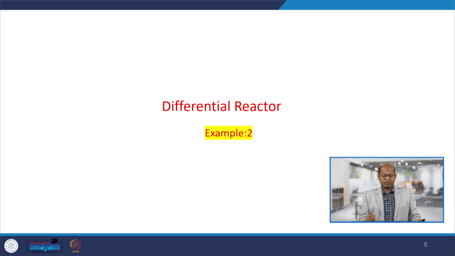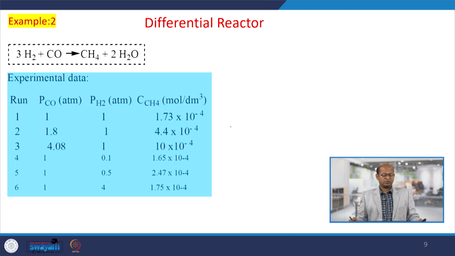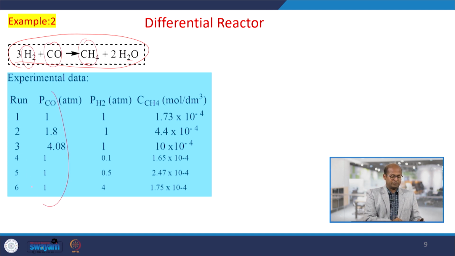Now we are going to differential reactors. Example 2 we are taking, and there also, similarly, using nonlinear regression techniques we can find the rate equations or different parameters. Let us say the reaction is A plus B going to C plus D. Here the reactants are these, and this is the product. Runs 1 to 6 were conducted, meaning 6 different conditions were maintained